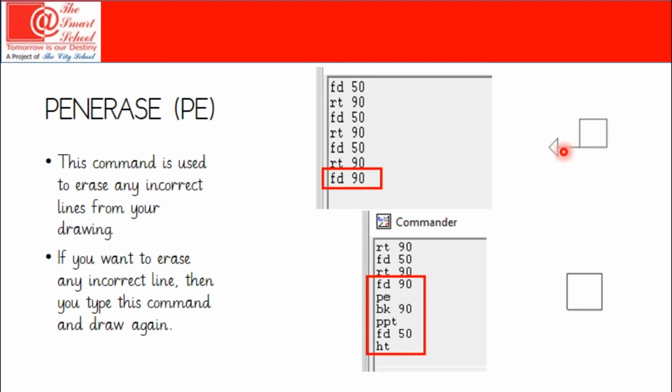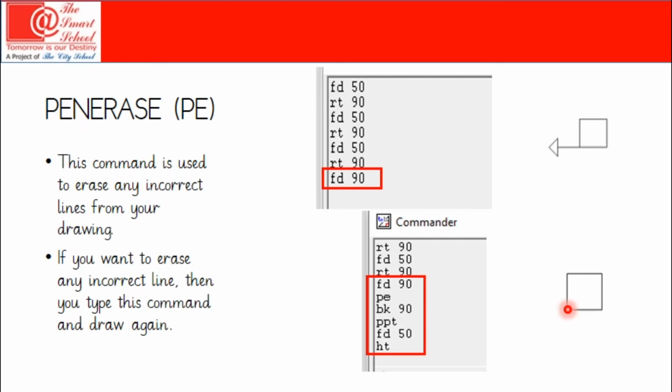So if you want to erase this line, you type PE, which is the pen erase command, after FD 90. Back 90 will take the turtle from this point to this point again, and when you type FD 50, it will come back to this point. As you can see in this figure here, the extra line has been removed, and after that I have used the HT command.